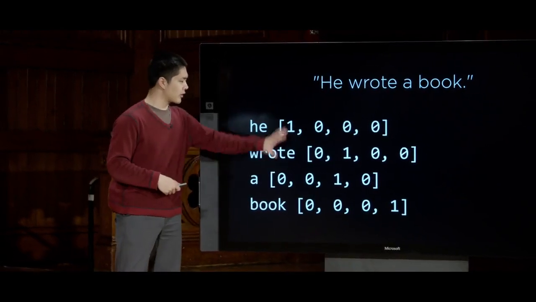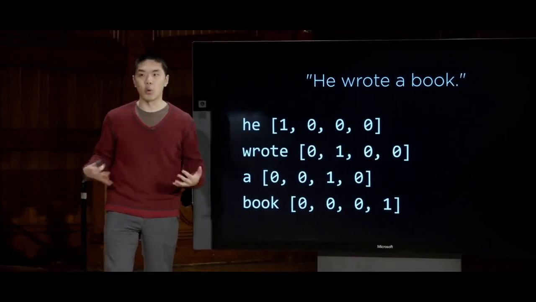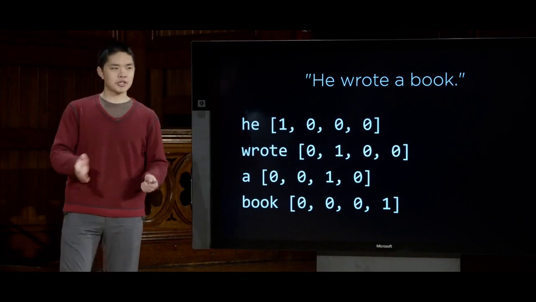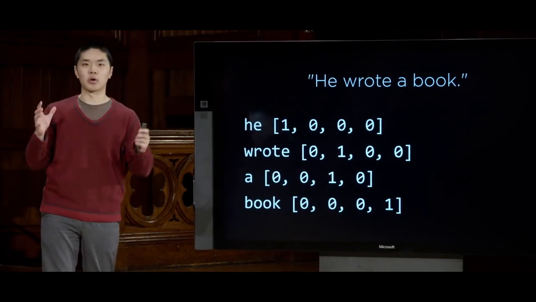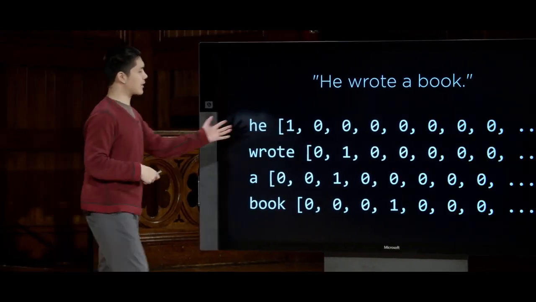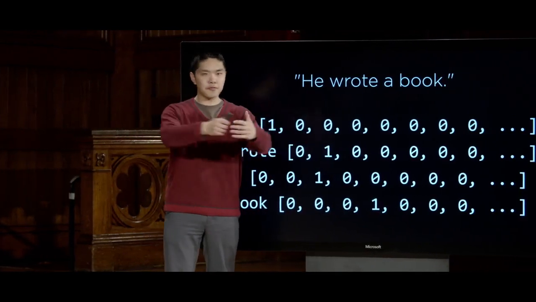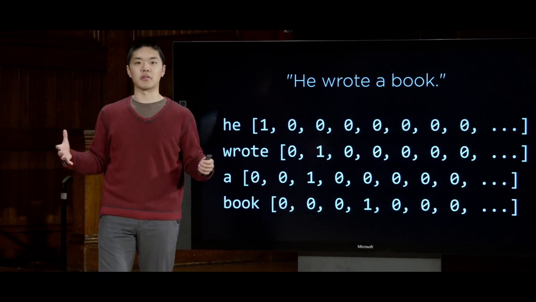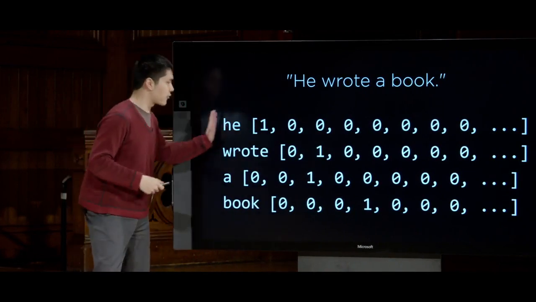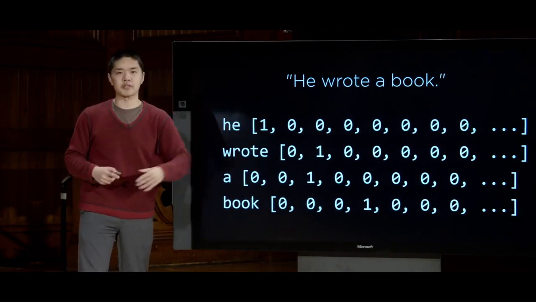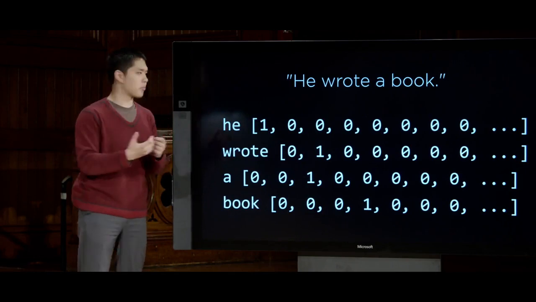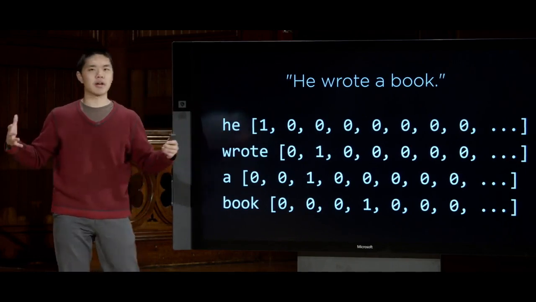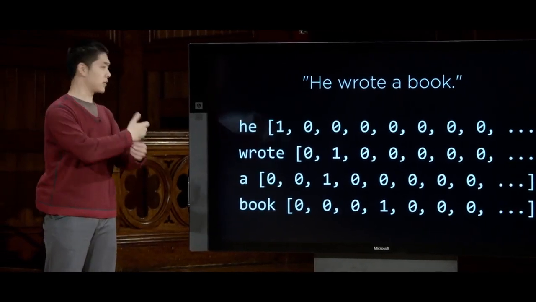Well, here I'm only creating enough vectors to represent 4 words in a dictionary. If you imagine a dictionary with 50,000 words that I might want to represent, now these vectors get enormously long. These are 50,000 dimensional vectors to represent a vocabulary of 50,000 words. That "he" is 1 followed by all these zeros, "wrote" has a whole bunch of zeros in it. That's not a particularly tractable way of trying to represent numbers if I'm going to have to deal with vectors